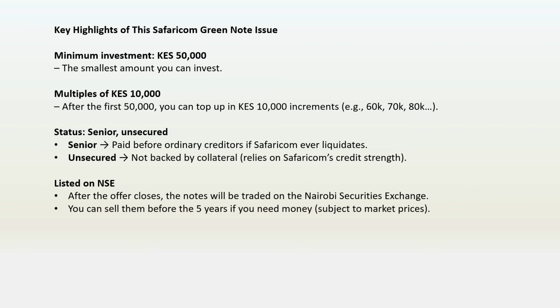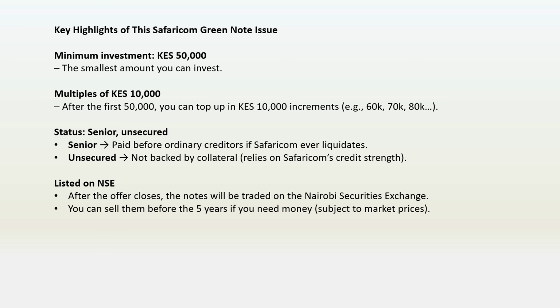Minimum amount is 50,000. That is the smallest you can invest. If you want to invest more than that, then it is in multiples of 10,000. That is 60, 70, all the way to the maximum you can afford. So if you have 100,000, you can put it. 120, 5 million, or whatever amount you have, but minimum 50,000. If you put 50,000 and you want to top up before allotment, you can go again and make an adjustment and make an additional deposit, maybe from 50 to 100, depending on the amount